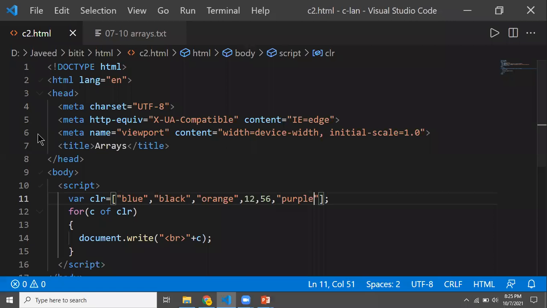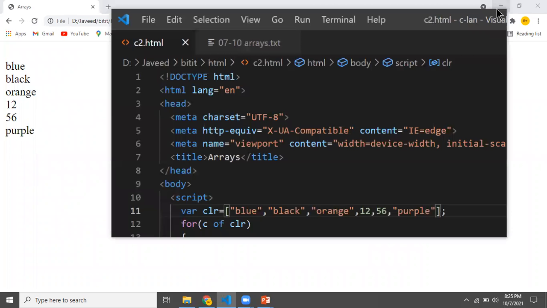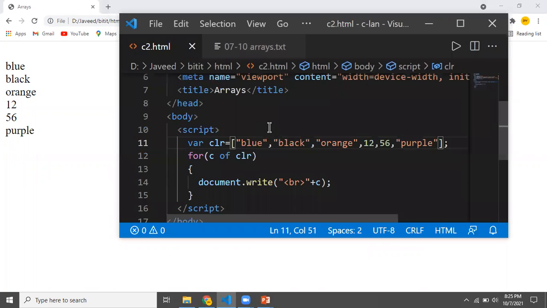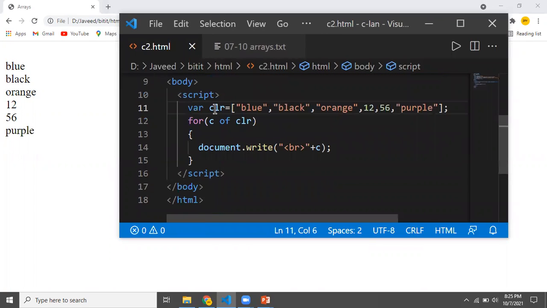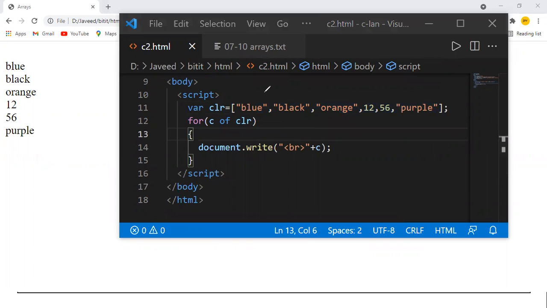So let us analyze this code again. I have declared an array here, where there is some set of values for my array.